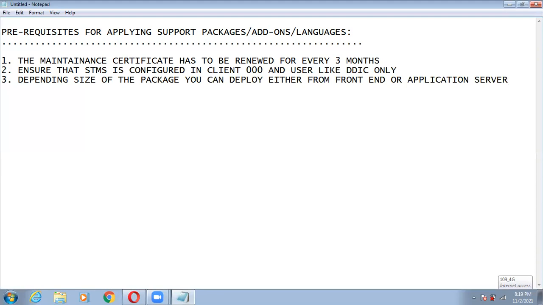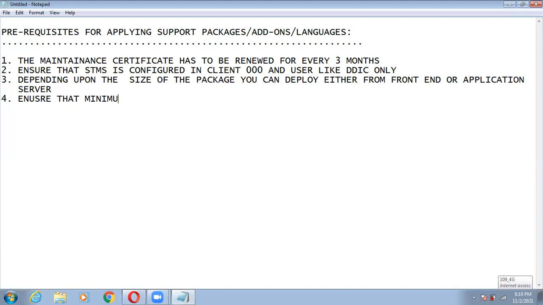In the practical tomorrow I will tell you where this option is. If the size of the patches you are applying is more, then you definitely need to apply from the application server. If the size is less, then you can apply directly from the front end.